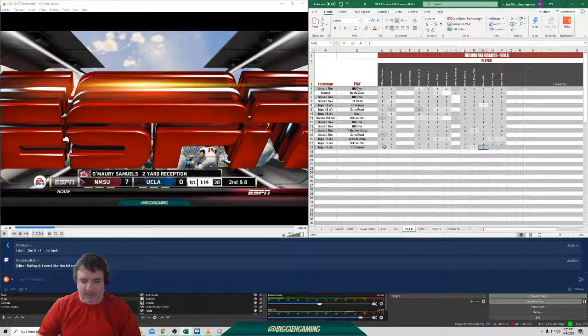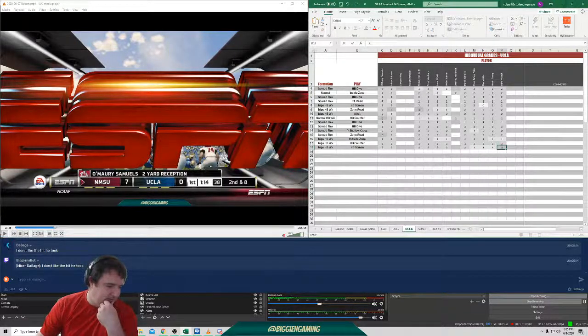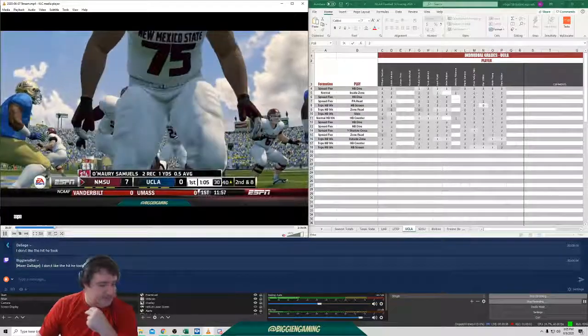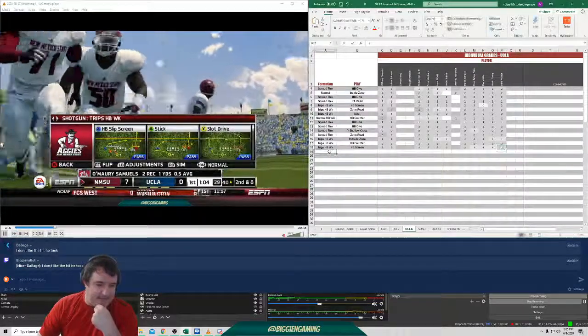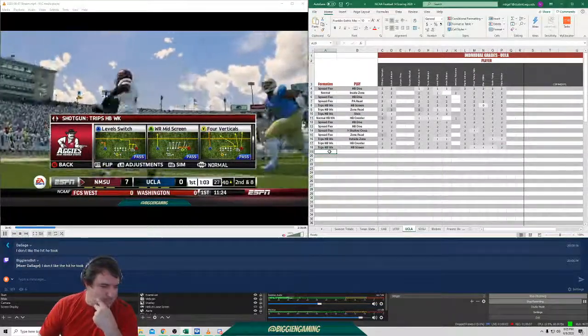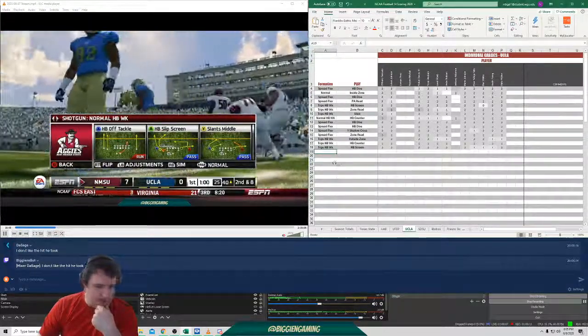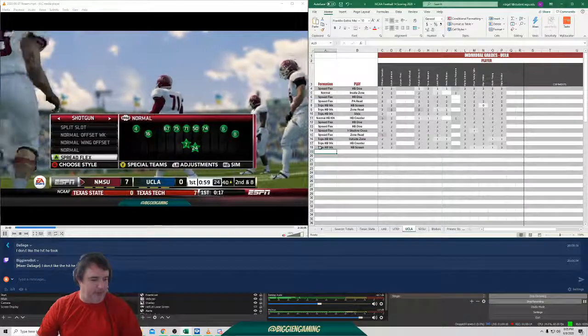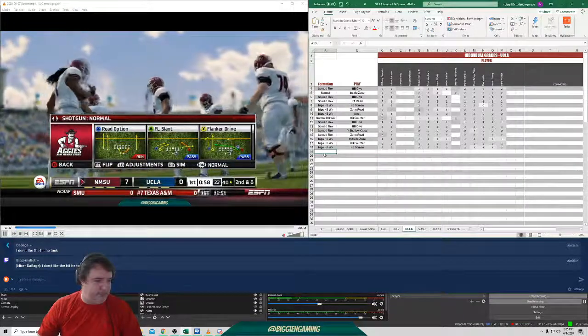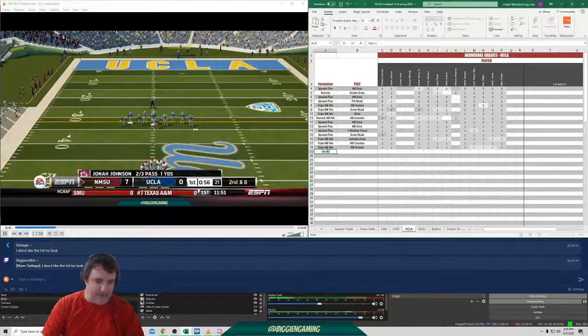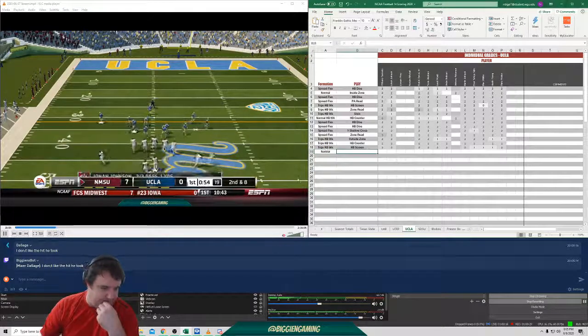2, 1, 1, 1, because that's our set: 2 guards and our center. Okay. That's just rough. So I'm like, God dang it, 2nd and 8. What are we gonna do? Let's just put it on the shoulders of our line. Spread flat, shotgun. Everything's in shotgun. I don't have anything under center.